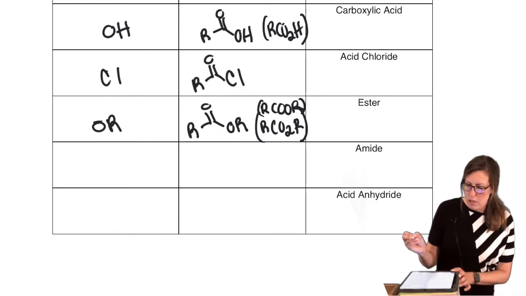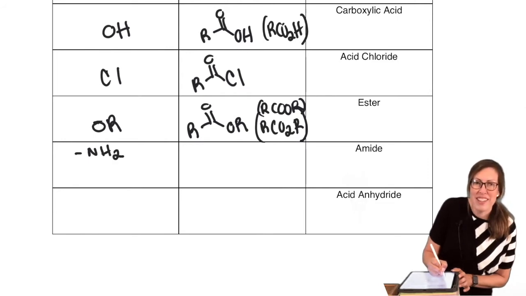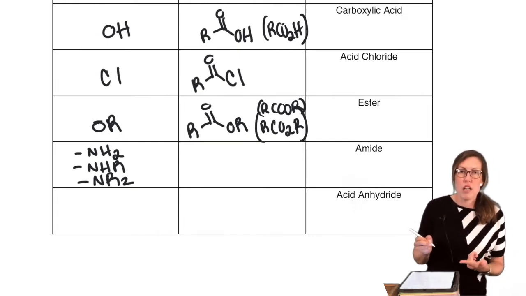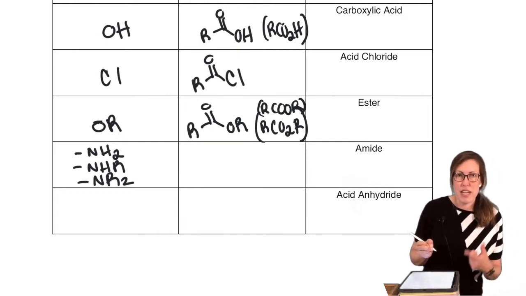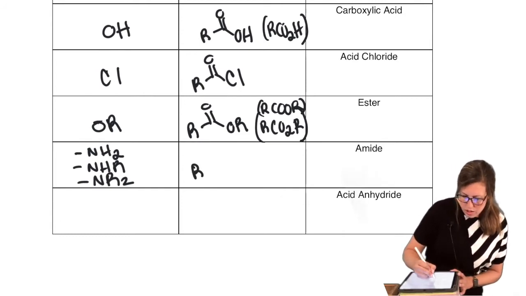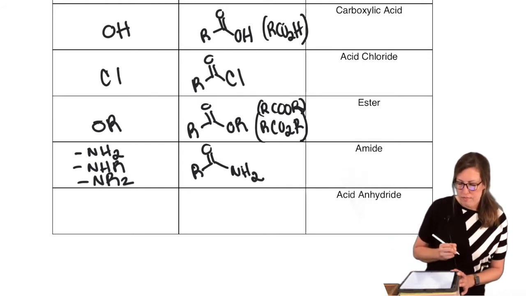How about amide? In order to get to an amide, we have the nitrogen, but nitrogen has more bonds to make. So it can be an NH2, it could be an NH and an R, and it could also be an NR2. So in other words, something that would normally make an amine, but one of the bonds of the amine that would normally be attached to the third H or R is attached to a carbonyl instead. So that group would look like NH2, NHR, NR2, etc. That gives us an amide.